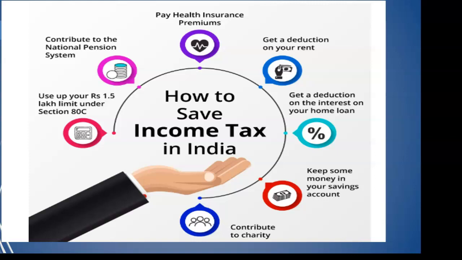He can even contribute to the National Pension Scheme, take health insurance under 80D, get a deduction on rent, and also claim a deduction on principal under section 80C. Otherwise, he can also claim under section 16 for salary, income from savings account under section 80TTA, that is interest income, and under section 80G, that is towards charity.